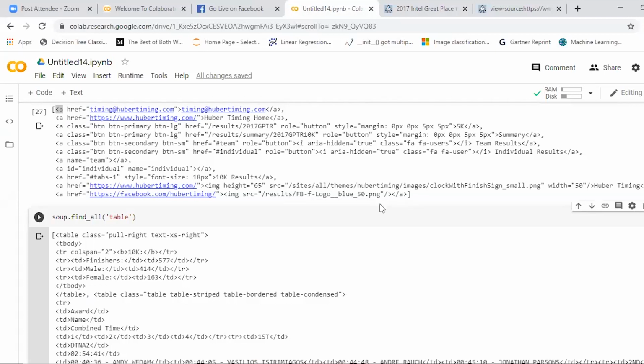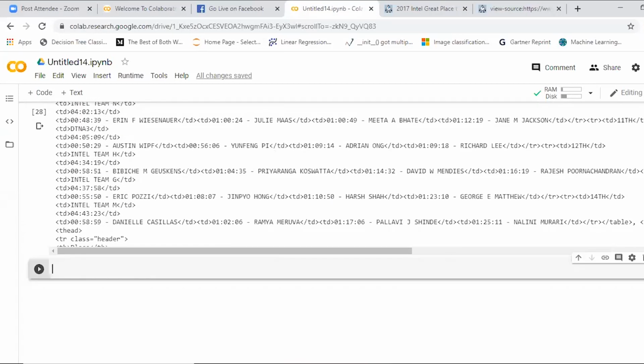So our next step is to extract. After extracting the tables, we'll extract the table rows, everything in quotations. You can scroll down and see that everything is present in the format of a list. See, I gave find all of A, and I got each and every hyperlink, and I'll try to put them in individual alignment. I got everything in the format of a list, and I want to take it out.